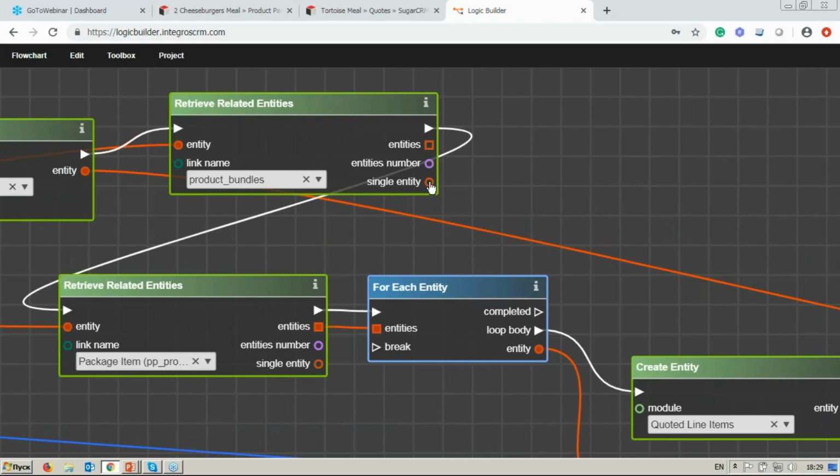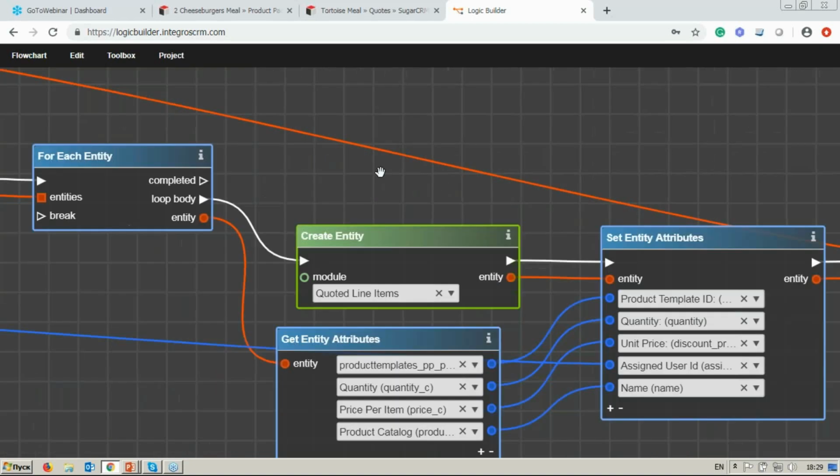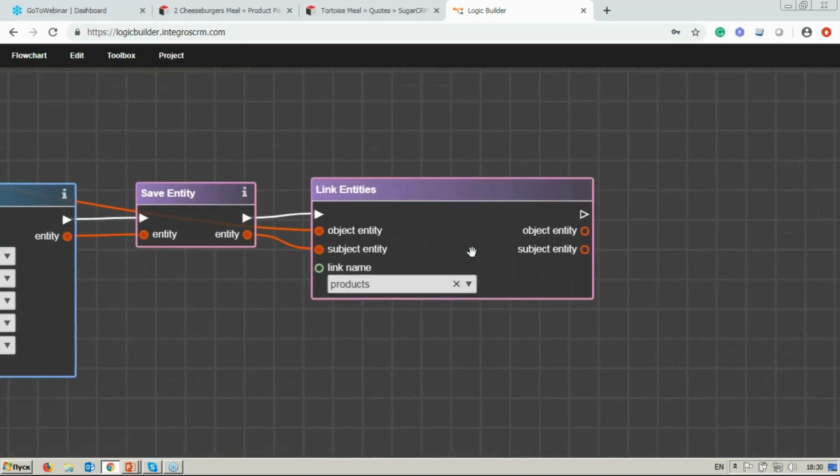I also forgot to input the operator Link Entities, so I started to link this product bundle, but for now I don't need it. I click on cancel linking, and now I want to scroll to the end,